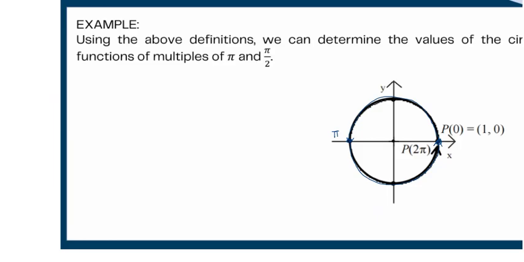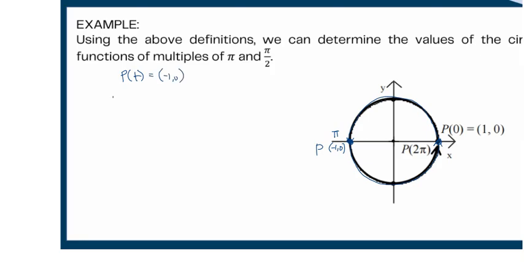So let's do pi, and that would be the location here. But how do we know na it's gonna be pi? We know na it's gonna be pi because remember again, yung entire circle is 2 pi. So if we divide it by 2, yung ating measure is just the semi-circle ng ating entire circle. Okay? So that would be now the value here, since it's a unit circle, that would be negative 1, 0. So if our P of t here is negative 1, 0, that means